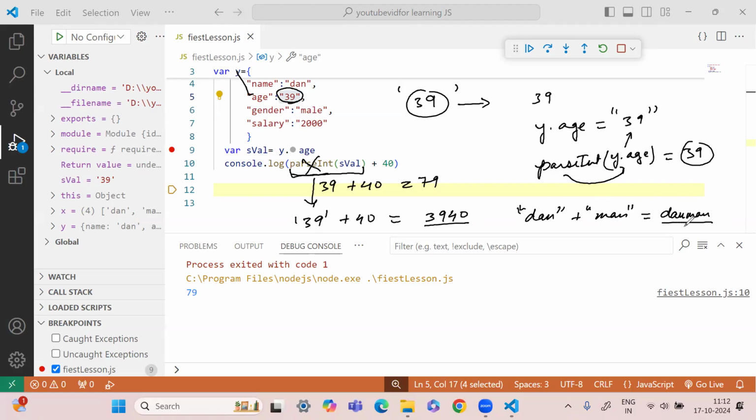So you see the way it adds. JavaScript actually treats the number, when added to a string, it gives you a string answer over here. Now, one more thing, in case you're getting confused, like if I use y dot age to